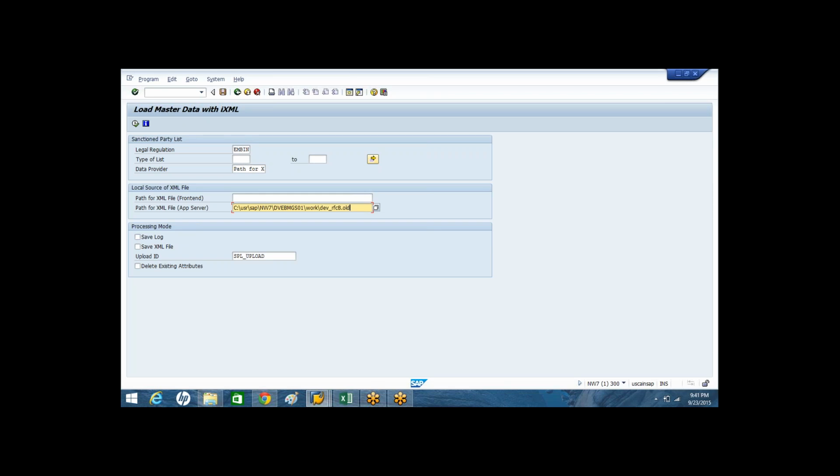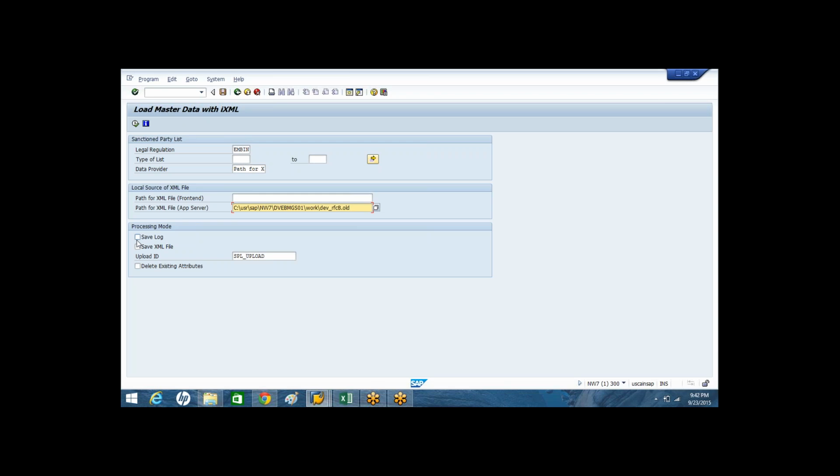For example, if the file received has a list type that is not correct, or something else is not correct, you are able to see it in the save log. When you execute it, all the errors will be displayed after completing the uploading process. Whatever record is good will be uploaded as an SPL member.